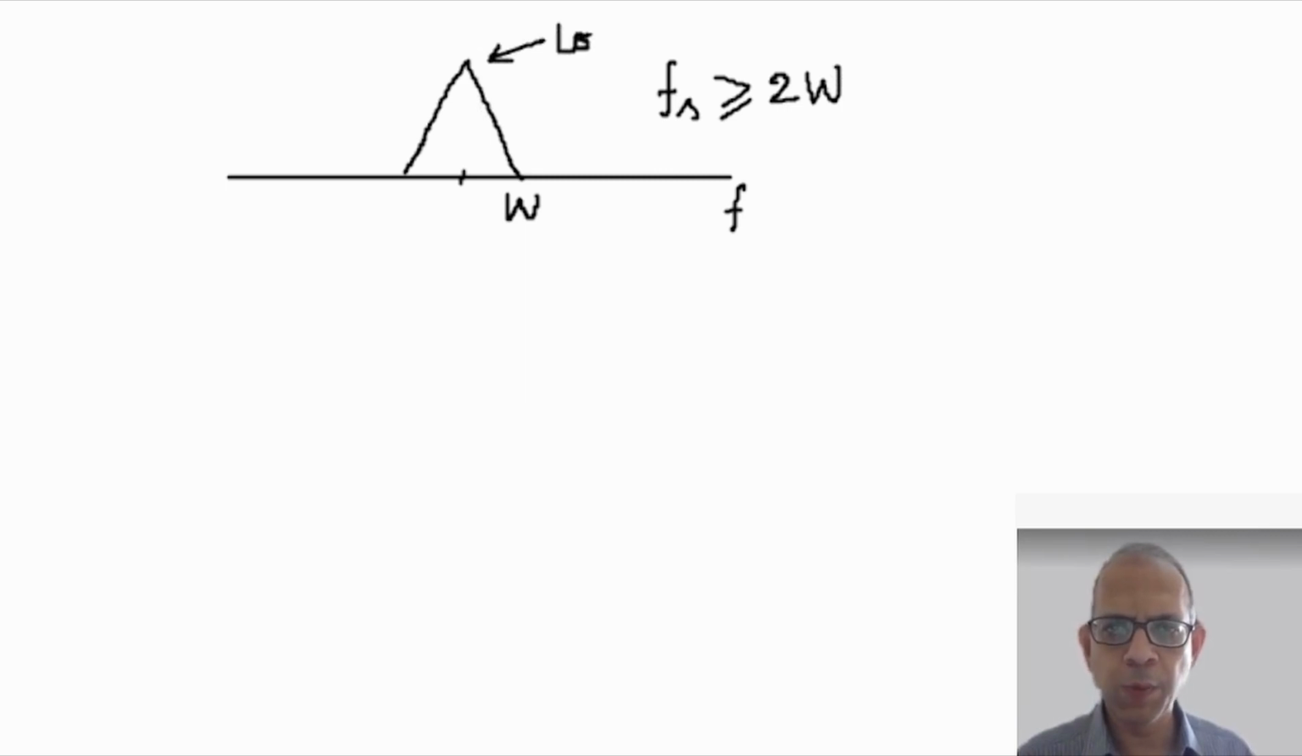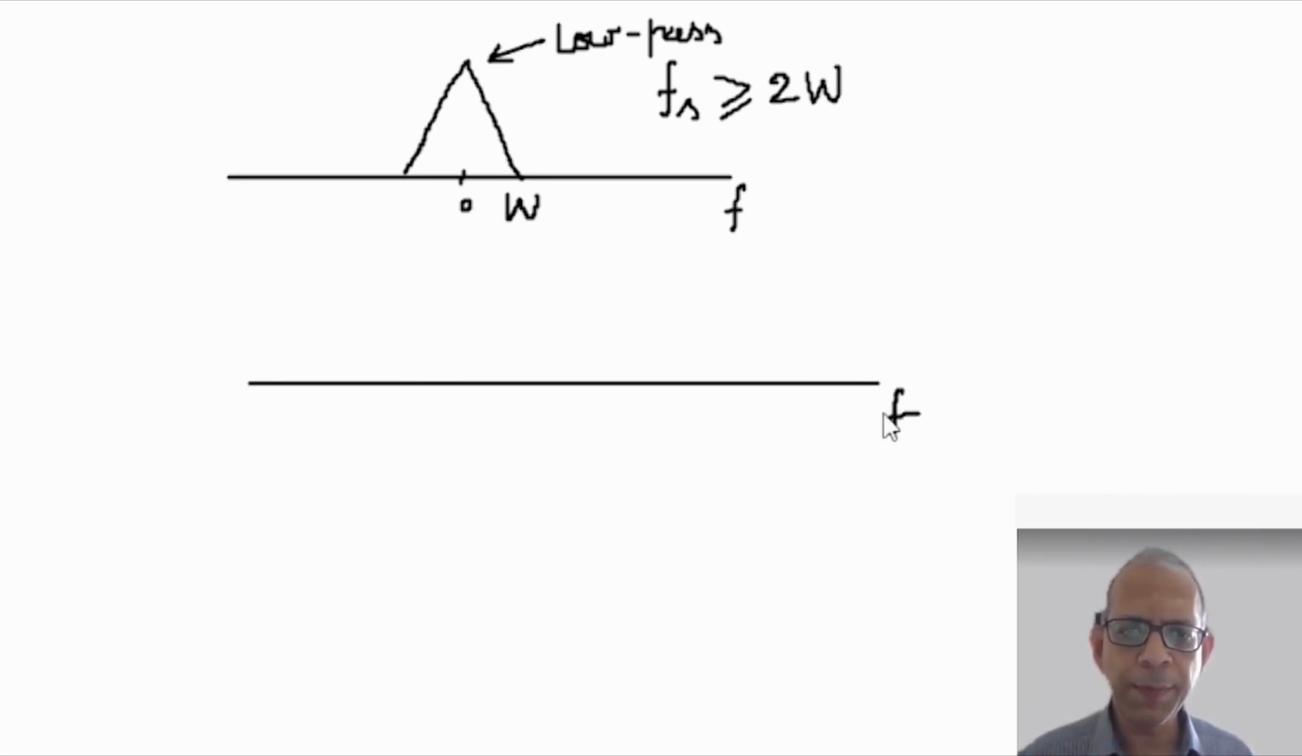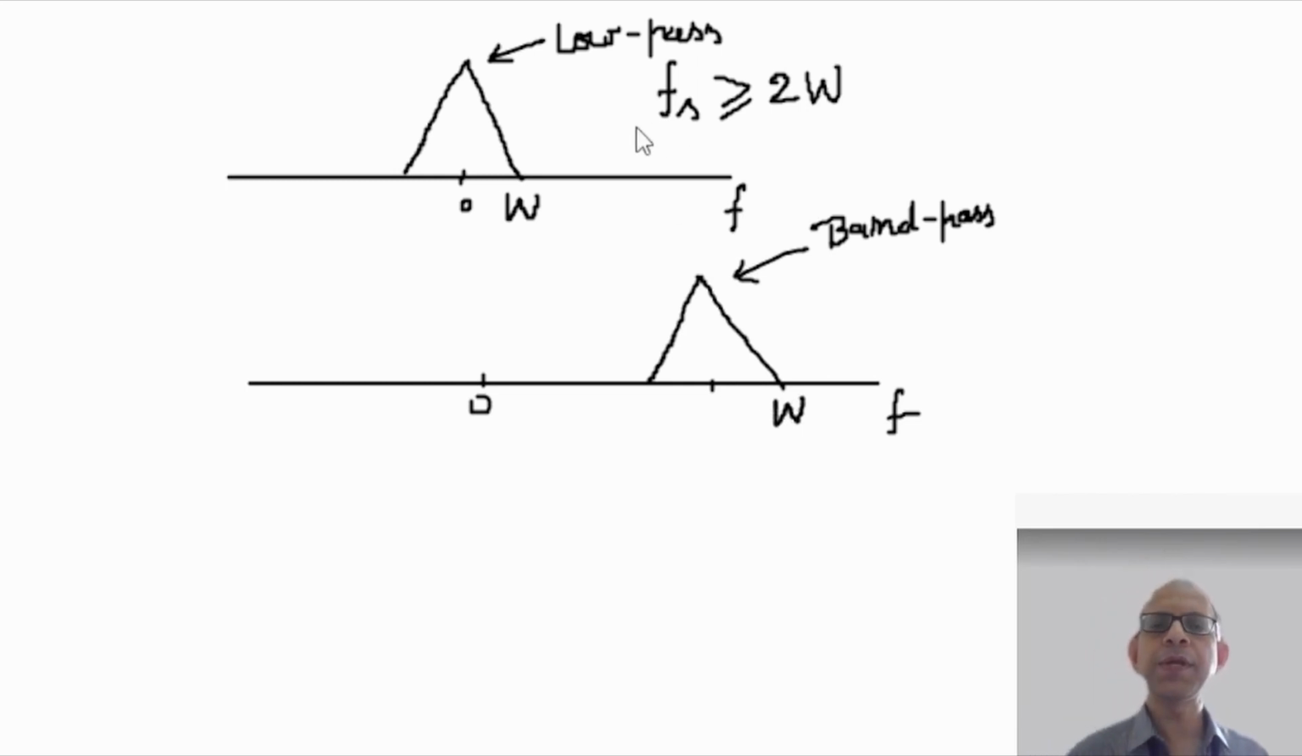Now, what do we mean by a low pass signal? A low pass signal is one whose spectrum includes the zero frequency. But the band limited signal in general can also be a band pass signal, which does not include the zero frequency. Suppose this is our band pass signal with maximum frequency W. As per the sampling theorem,